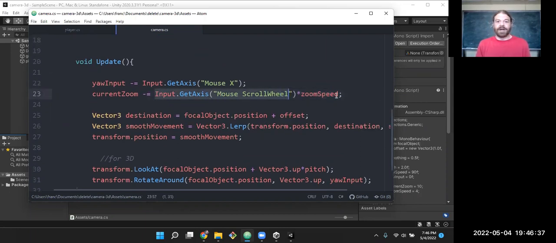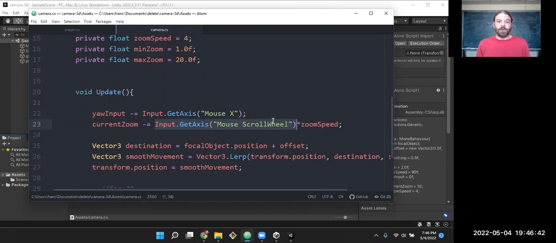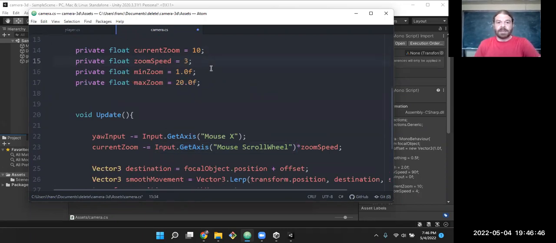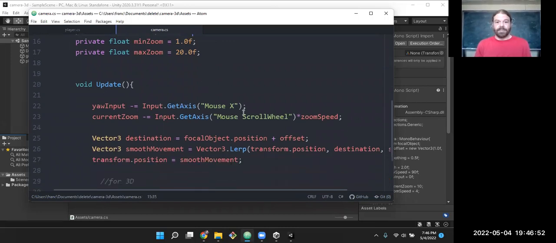So instead of doing plus or -1, we'll just multiply that by 4 and do like 4 clicks at a time, or maybe 3, since we're only going up or down by 10. Basically the scroll wheel, but we'll do 3 clicks at a time instead of 1. And then we can